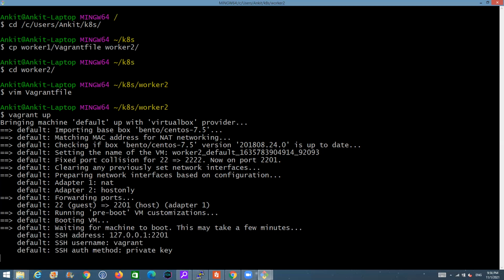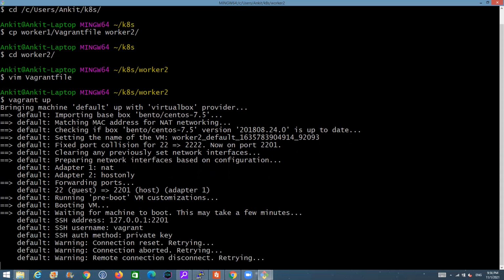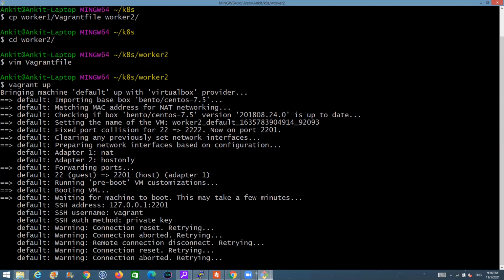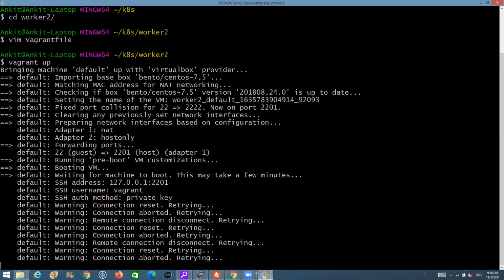All right, so this virtual machine is getting created. Now the next question comes: all right, these virtual machines are ready now, what if I just want to stop this virtual machine? There are two things. One is if you want to stop the virtual machine, and the second is if you want to delete the virtual machine, that is, your work is over and you want to delete it. So let's consider the first case where we want to stop the virtual machine.